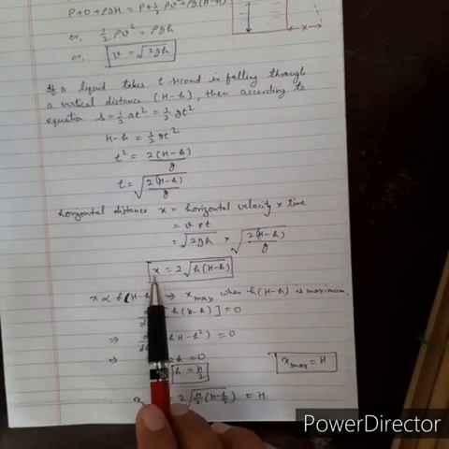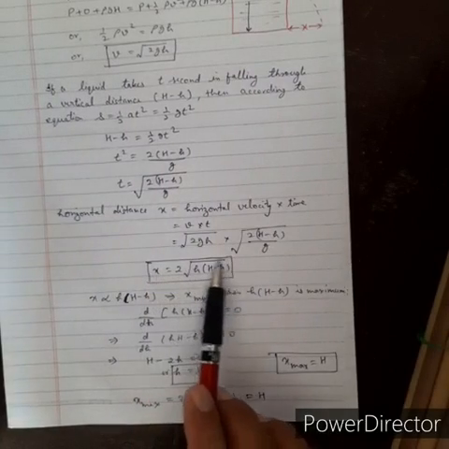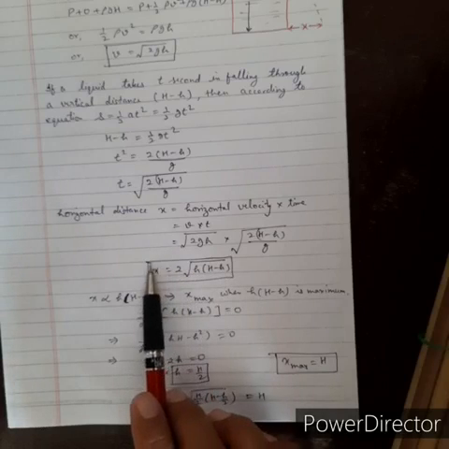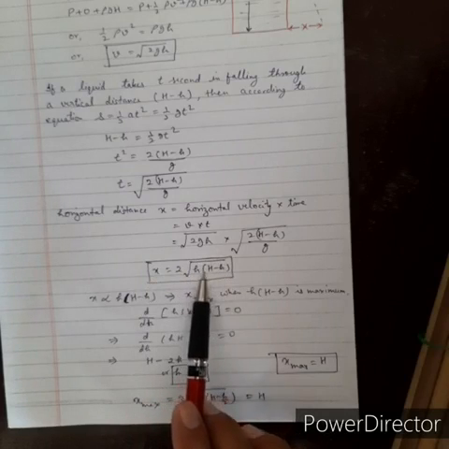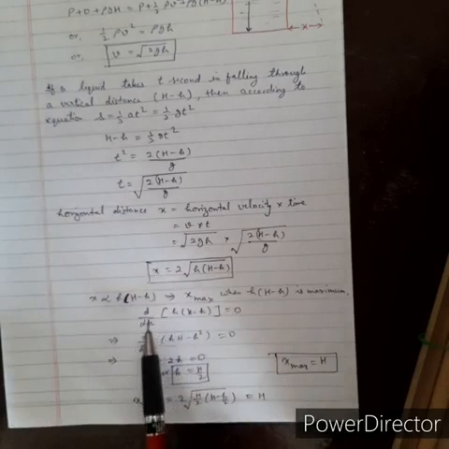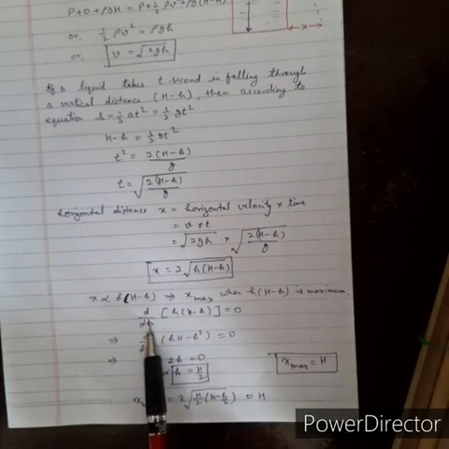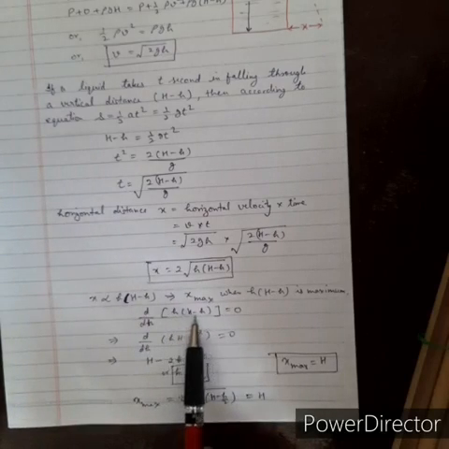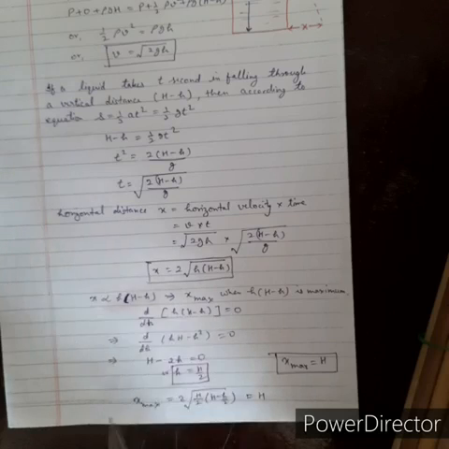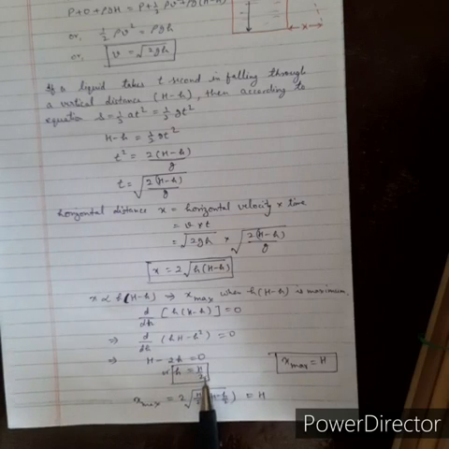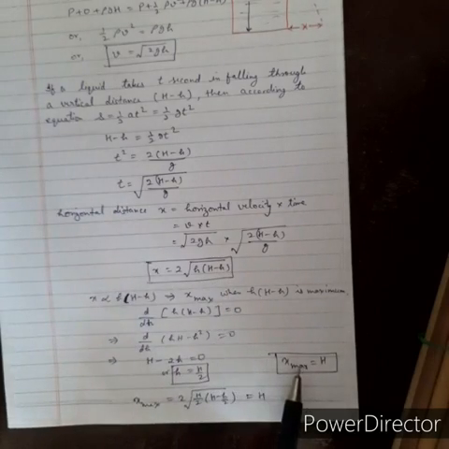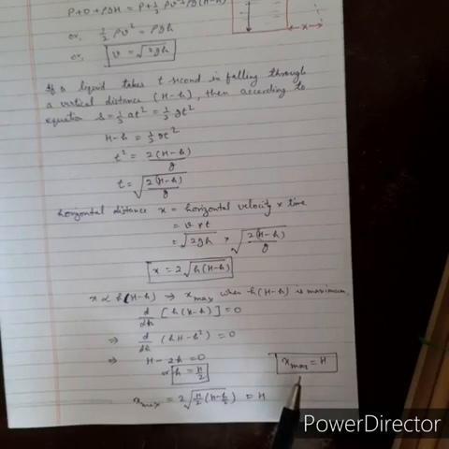Now if you see here, this x, that means the horizontal distance, is directly proportional to this one. So the maximum value of x you will get when this value is maximum. To get the maximum value we have to differentiate this one. So I am differentiating with respect to h of this equation. I am opening the bracket, Hh minus h square. So d by dh of h is 1 and d by dh of h square is 2h. So it is H minus 2h, h is equal to H by 2. Substitute this value here and you will get the maximum value of the horizontal distance is H.